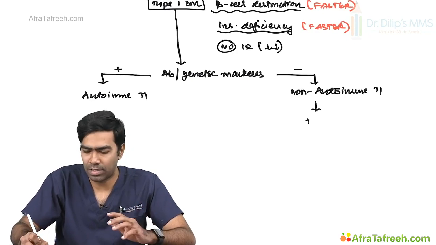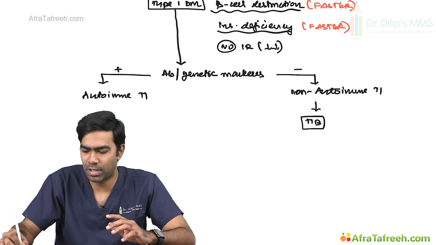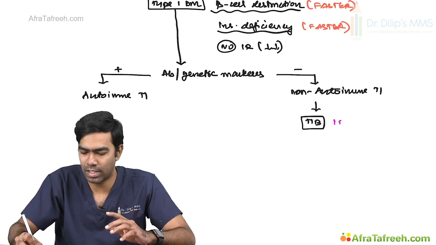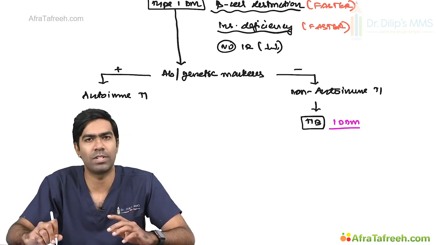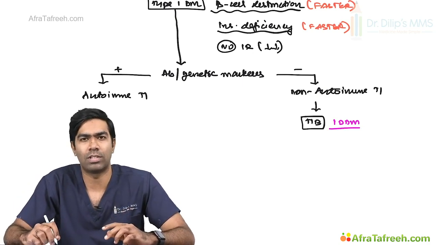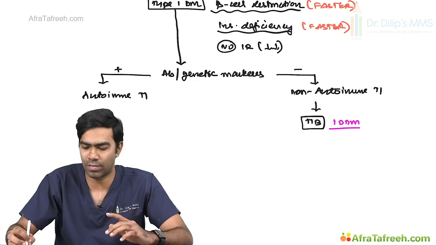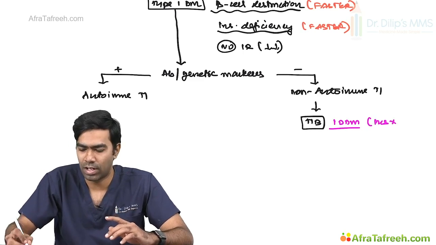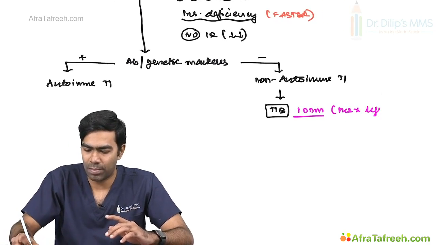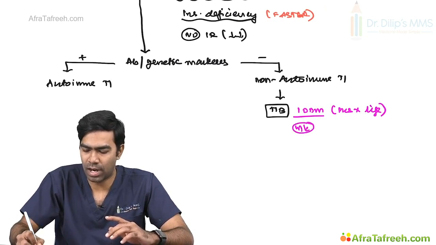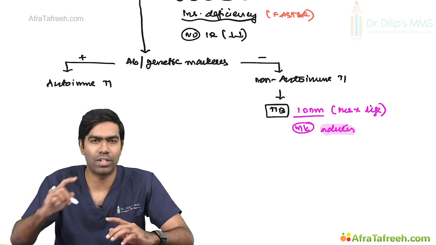Non-autoimmune type 1 diabetes mellitus is also referred to as type 1B diabetes mellitus. As we know already, these patients will be insulin dependent, which means without insulin they will develop ketosis and subsequent diabetic ketoacidosis and they will die, which means insulin is needed lifelong. And the majority of these patients will be adults. And that is the reason why the amount of insulin resistance and BMI might be a little variable, but overall, because of the insulinopenic